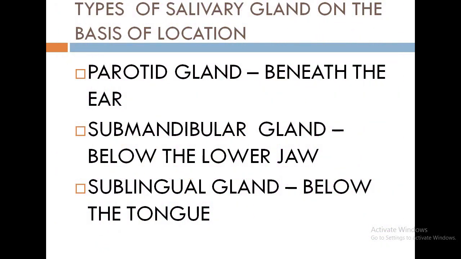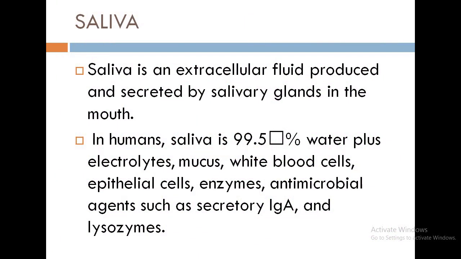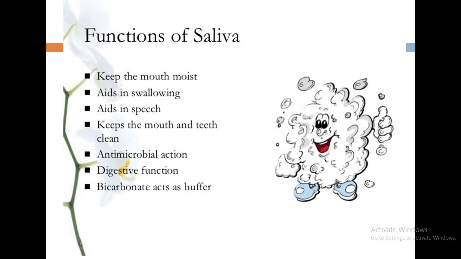Now your homework is to write down the three types of salivary gland with their location. Then what are the components present in saliva, and write down the functions of